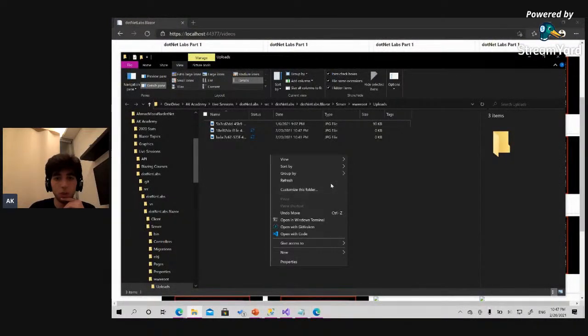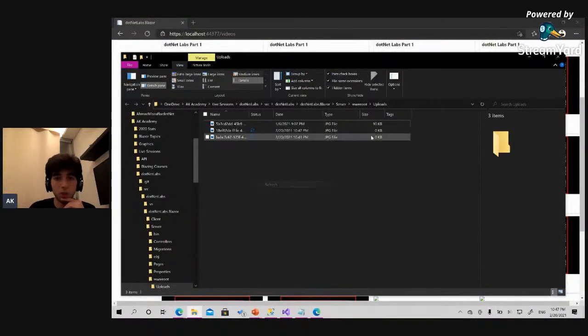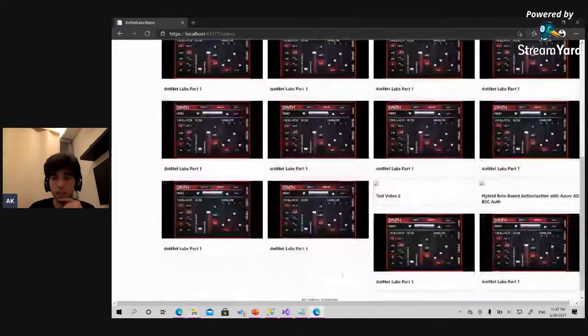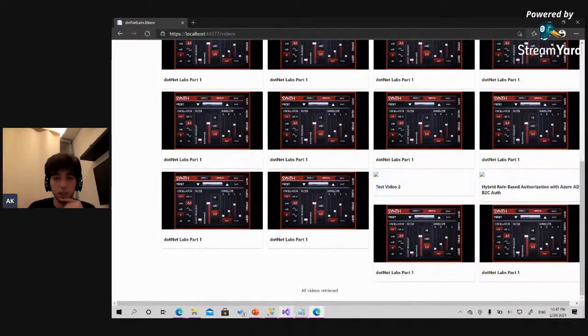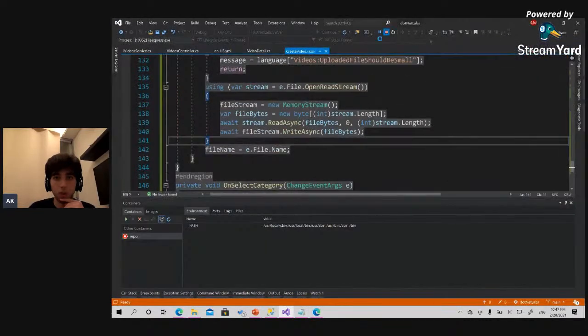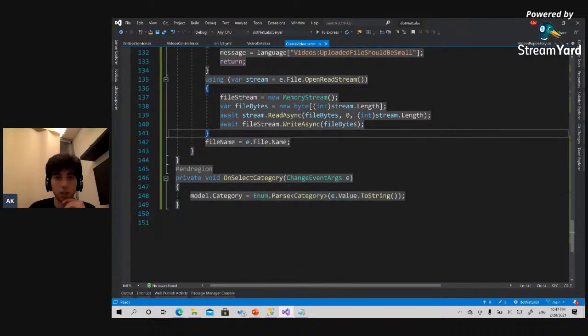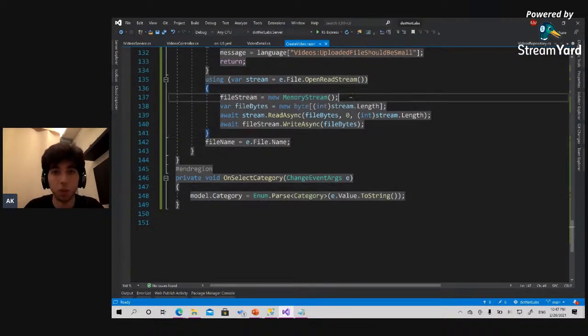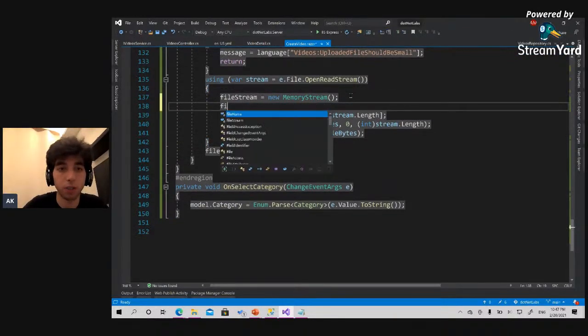If you go for this one. And this is so weird. We just get the image again as 0 bytes. Oh wow. This is just weird. So if we click on file stream,